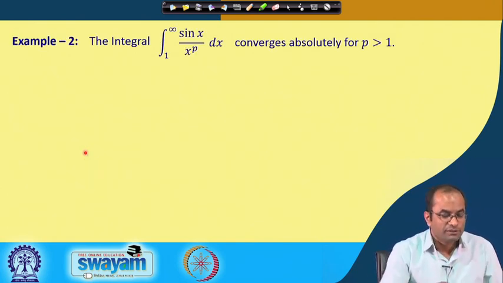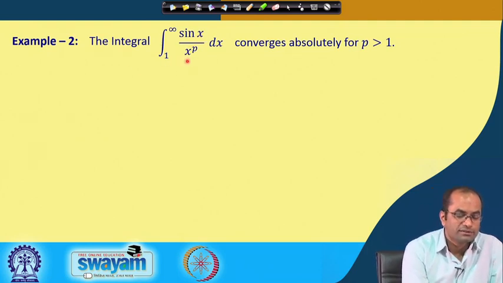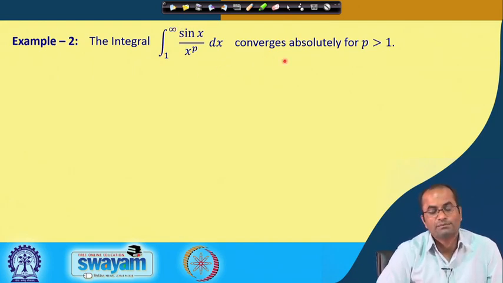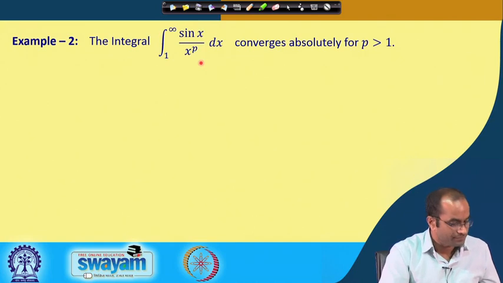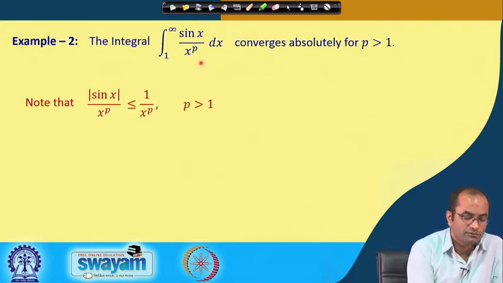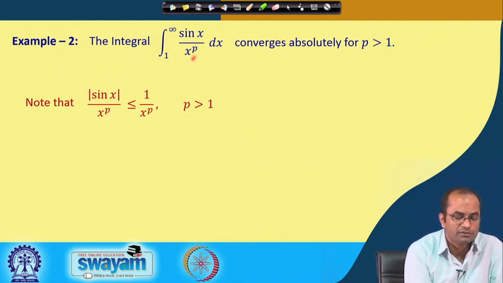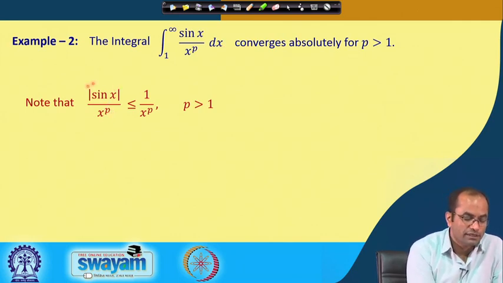Coming to this example here, the integral from 1 to infinity of sin x over x to the power p dx, we can now show that this integral converges absolutely for p greater than 1. For any value of p greater than 1, this integral converges absolutely. The idea is clear, which was also mentioned a bit in the previous example. If we take the absolute value of this integrand, sin x over x to the power p, here x is taking positive values and p is greater than 1, so the absolute value of sin x over x to the power p,